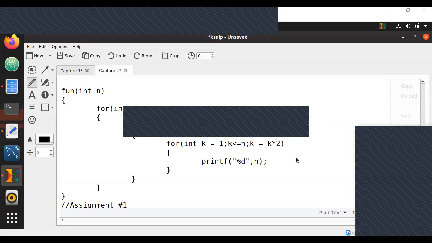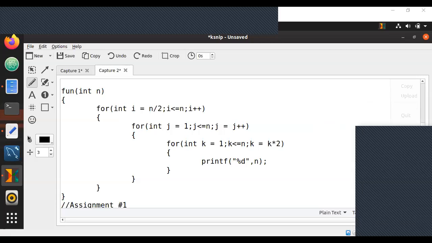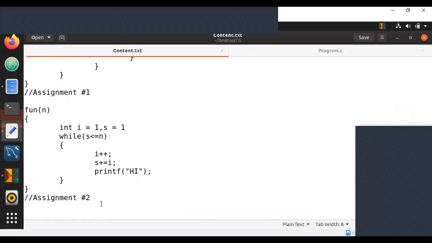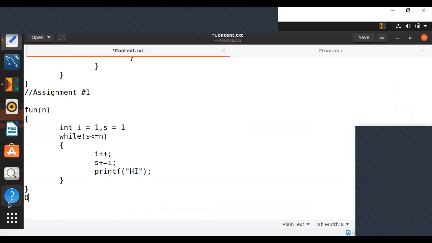The answer to the last question is big O of square root of n. The answer of the last question, for those who missed it, it is big O of